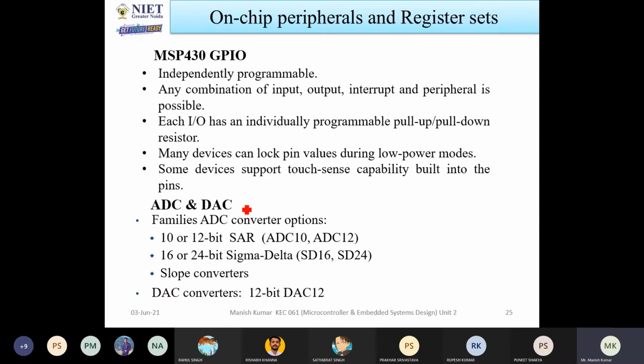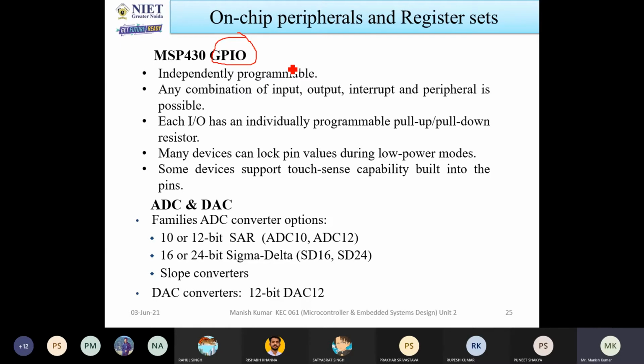So first we will start from this: if you want to interface any peripheral devices, it requires a general purpose input output interface. Without an interface, without pins, you can't connect that. So this is called the MSP430 GPIO, general purpose input output port. In this port, you are going to interface any external peripheral devices, and also some internal peripheral devices are present on that board. That I will also discuss.